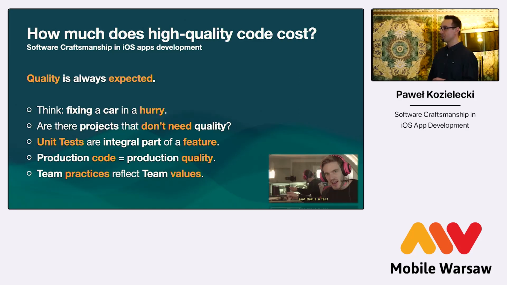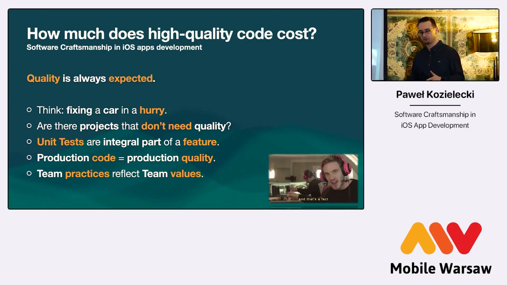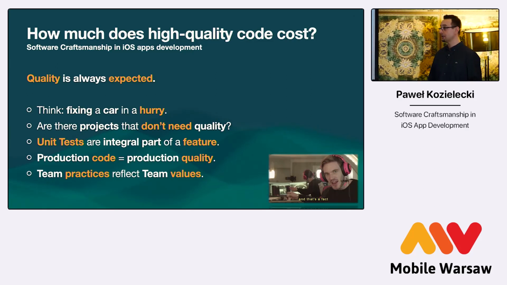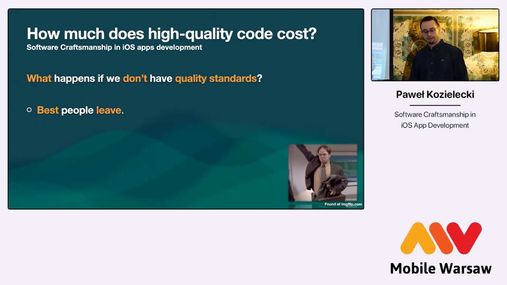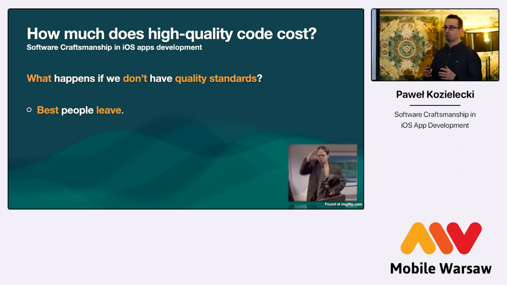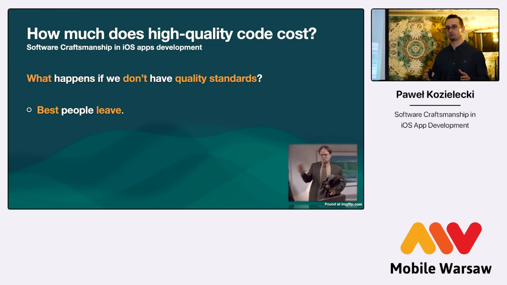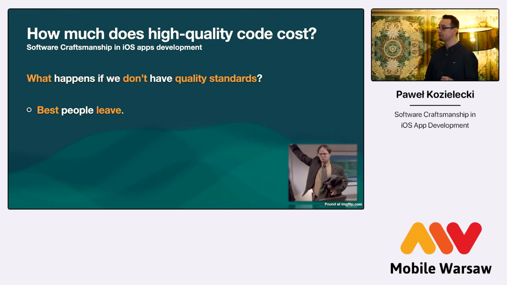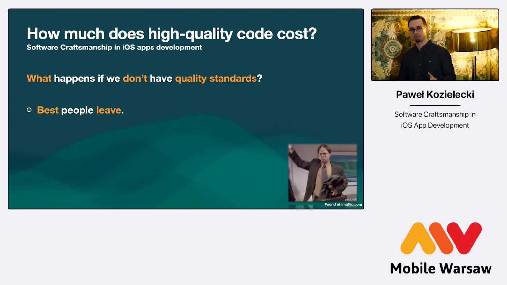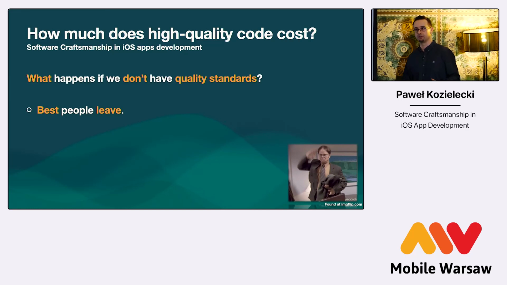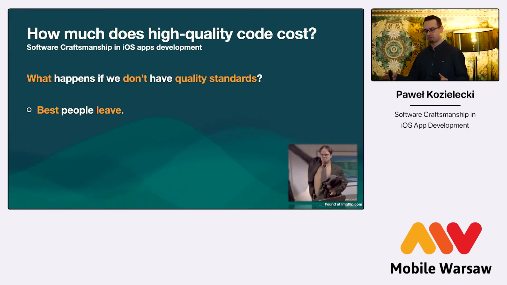But up to this point, I think we spoke about the financial results of not maintaining proper quality in our code bases, but that's not the worst of it. Also, it's just the tip of the iceberg, right? The more profound consequences are the ones that affect the team and the organization on, let's say, a mental level. And the first thing that happens if the project is no longer taking any care of quality is that the best people just leave, because they won't spend their time arguing with the business and so on. So they just look for another job.